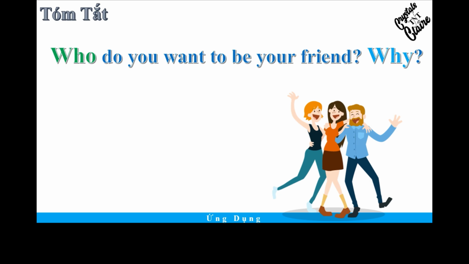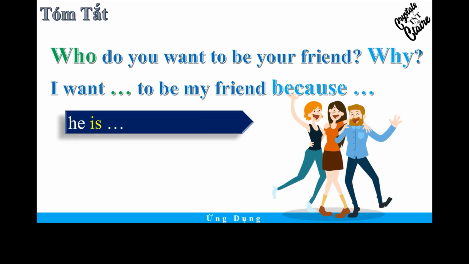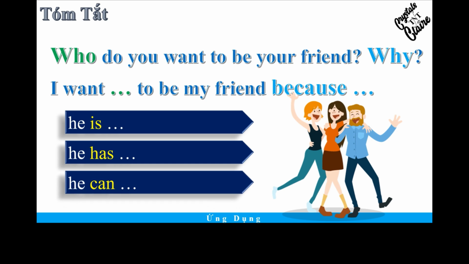Summary. Who do you want to be your friend and why? Okay, I want Jason to be my friend because he is... Okay, so list out the reasons. I want to put the name of the person in the first blank and then give the reasons in the second blank. Because he has, or because he can. Because he is smart, he's clever, and thoughtful. Because he has a clever and thoughtful mind. Because he can